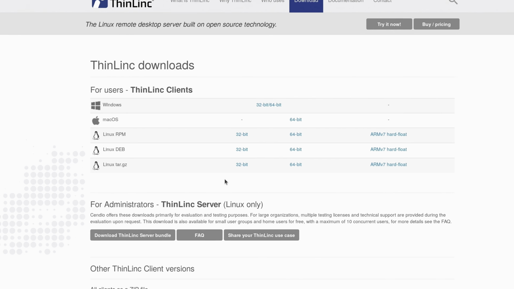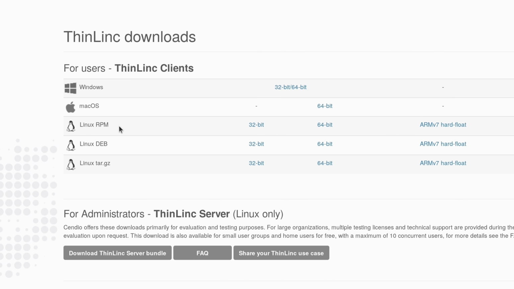But in my case, I'm actually not using a distribution that utilizes the RPM package format. The dev version, which is the second one here on the list, that's for those of you that are running on distributions such as Debian, Ubuntu, Linux Mint, Pop!_OS